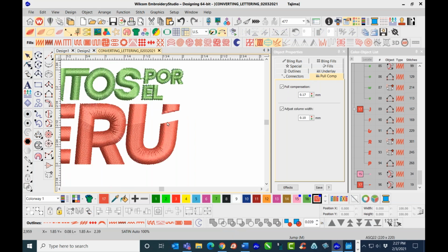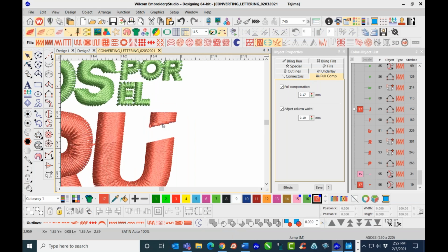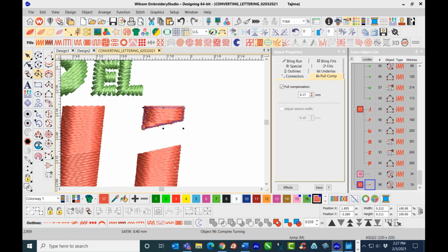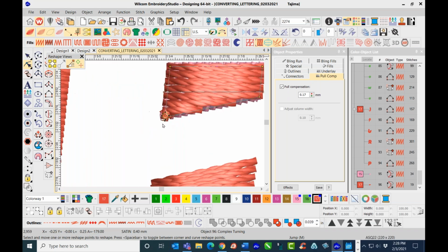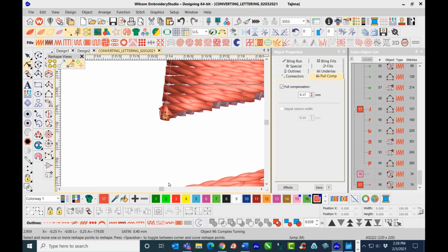So for something like this, it depends on who's doing it, okay? Because right now for this, when I go to my reshape tool here, when I select this, the reshape tool allows us to go in and edit our node points and our outlines. And right now, what's bothering me is the fact that this is on a single point here on the bottom. Okay, so as you go in and you're working with this,